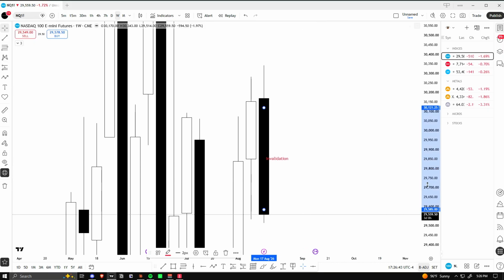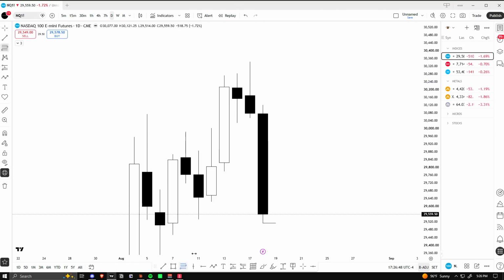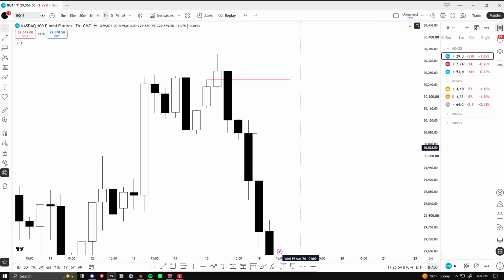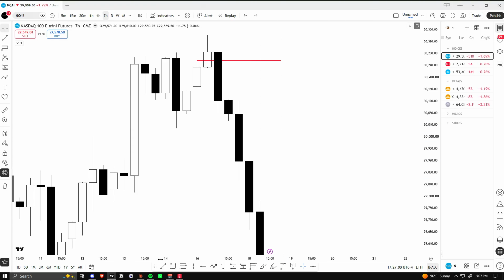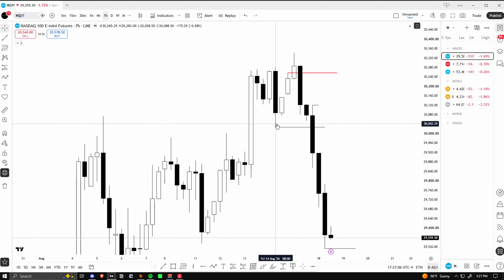draw, which it got hit today. Going into the next day, I wanted to see price respect the wick CE, and I was looking for a key level, which was potentially the 7-hour fair value gap. And whenever price fails to hit this and then expands away, typically you can see this as the high of day. And especially when you have a relevant swing like this and it's closed below, typically you don't want